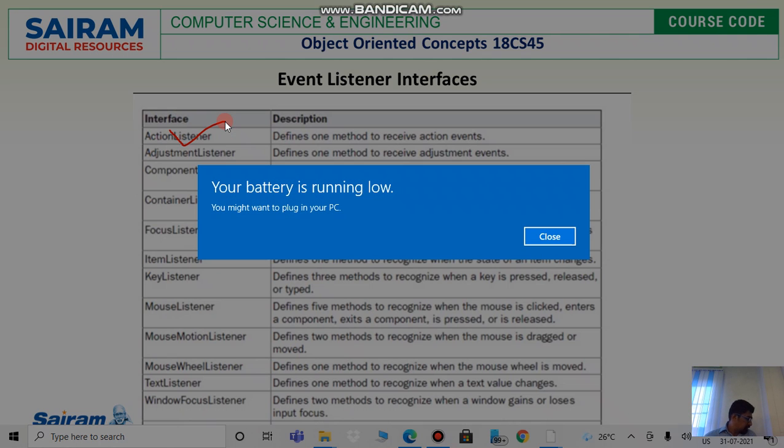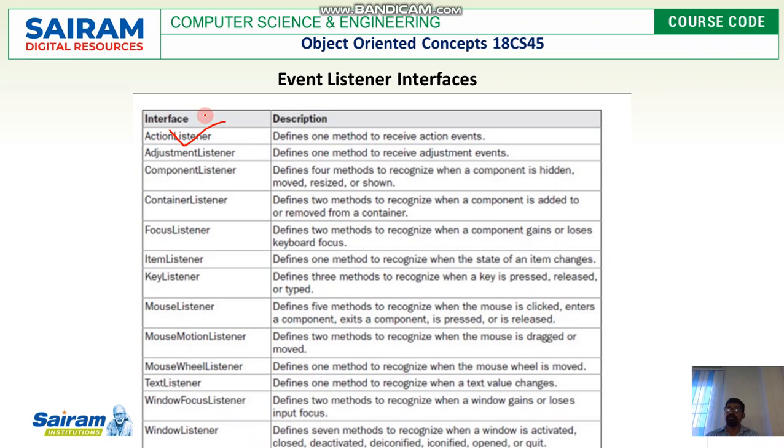In the same way, we have another interface called adjustment listener. This also has a few methods which deal with adjustment events. Then there are component listener, focus listener, and the last one is window listener. Every listener has a set of methods.